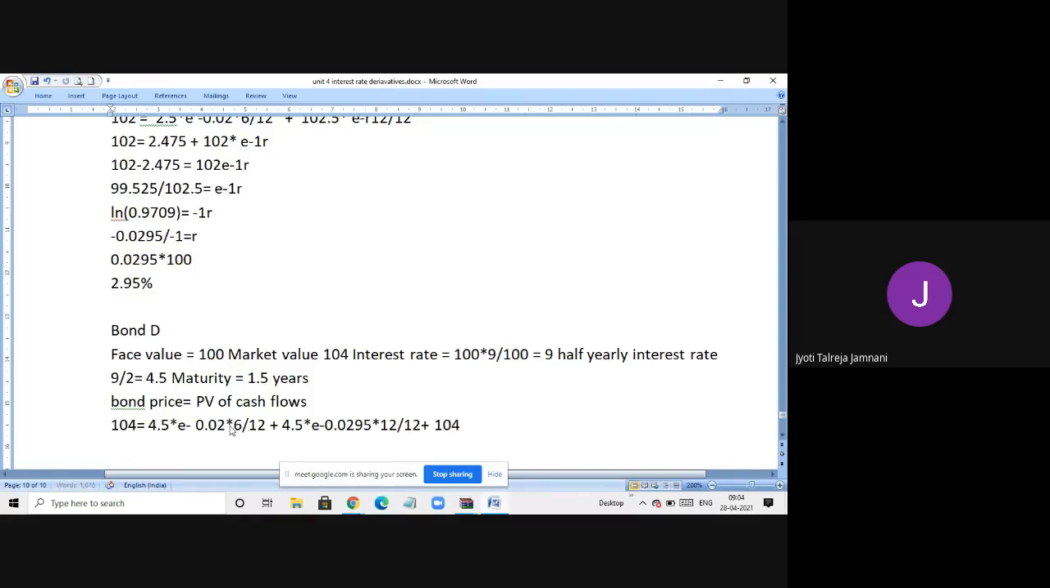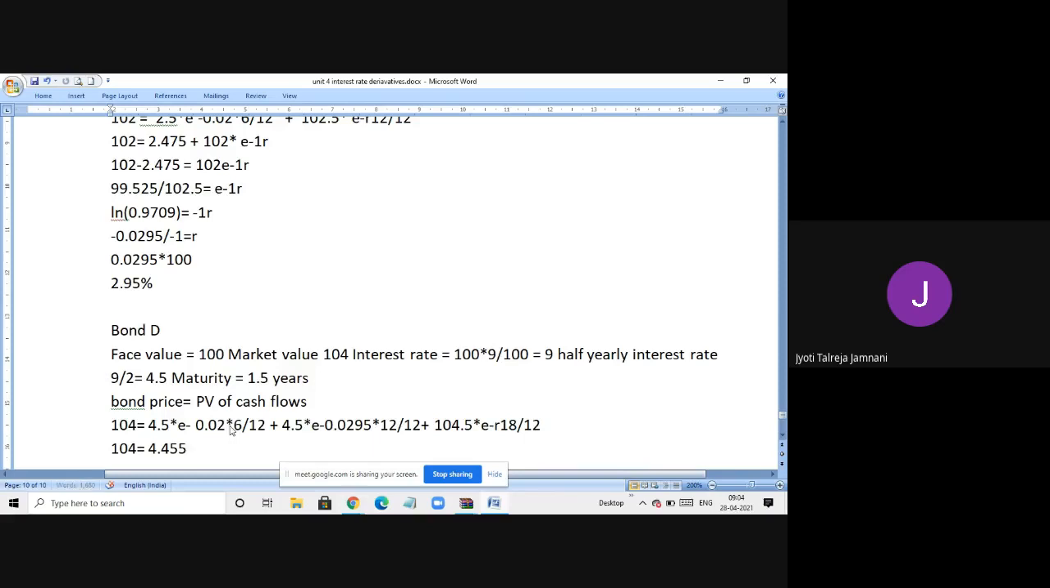So we'll get 104.5. 104 is the face value or the principal amount into e raised to minus r. We don't know r, so we have to find it, and time is 18 months divided by 12, which is nothing but 1.5 years. So we'll start solving this. 104 is equal to the first 4.5 into that. If we do, we get